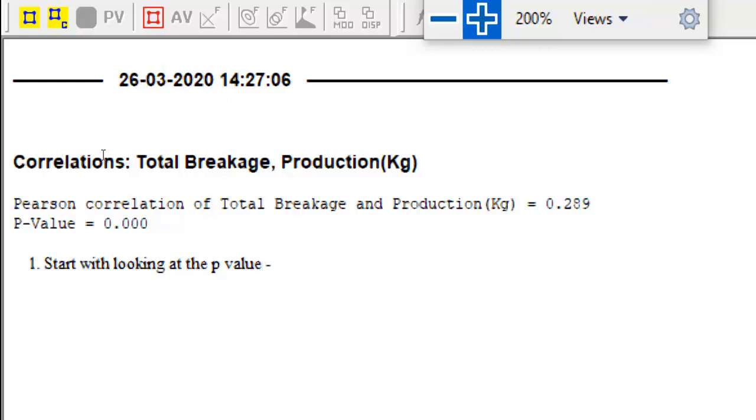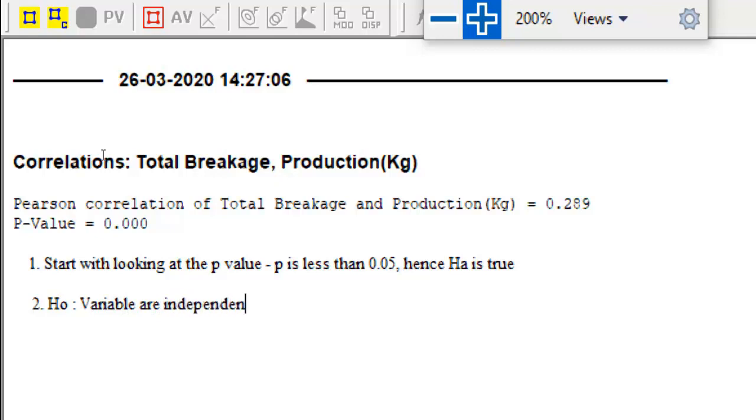Like in this case, P is less than 0.05, hence HA is true. In the case of correlation test, null hypothesis says variables are independent. Alternate says